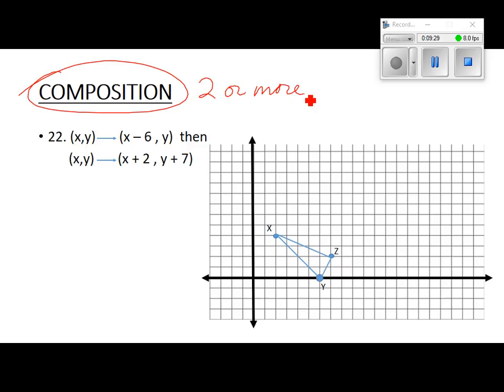So I already have the shape down here. The first thing we're going to do, what's this telling us to do to the shape? Left 6, and then stay there. We don't do anything else to it. If you're only doing one transition, then it's not a composition. Right. If you're doing two transitions, two things to it, or